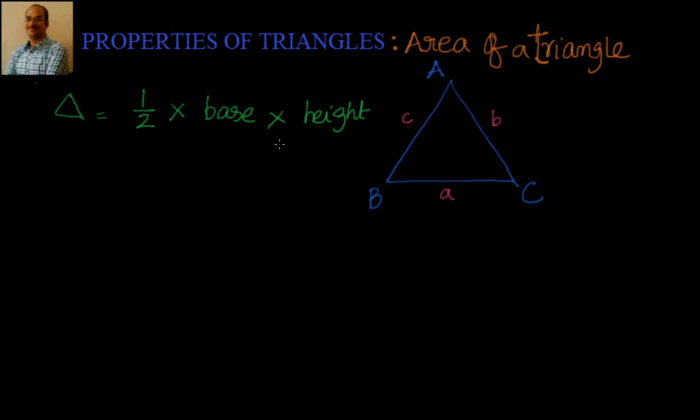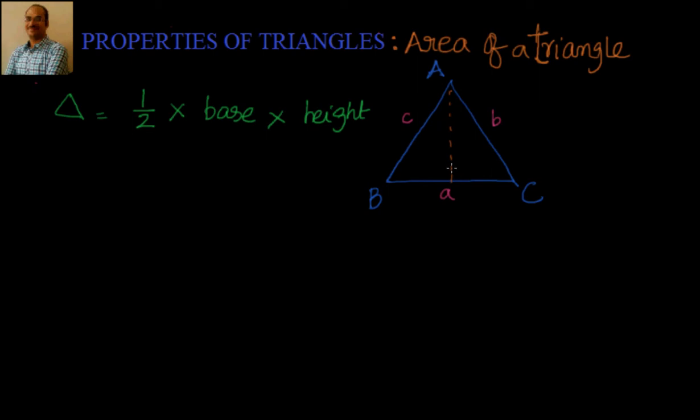But suppose you have been given a triangle like what we are seeing here, with sides A, B, C. How do we find the area of this triangle, specifically if you know two sides and the included angle between them? For that, we will take, for example, A as the base and drop an altitude. Whenever I want to use trigonometry, I have to make a right angle triangle out of it. So I have divided that into two right angle triangles.